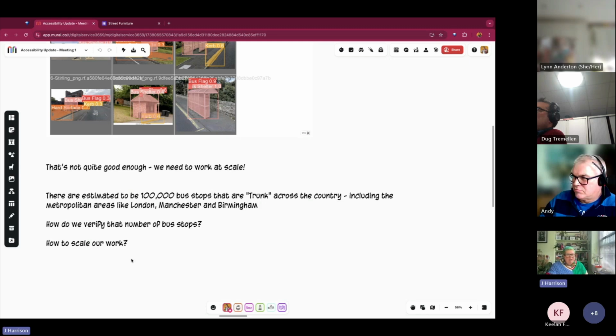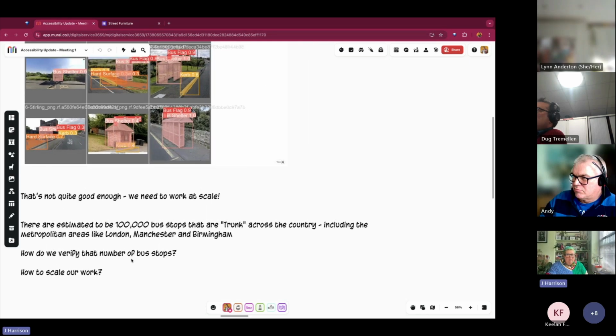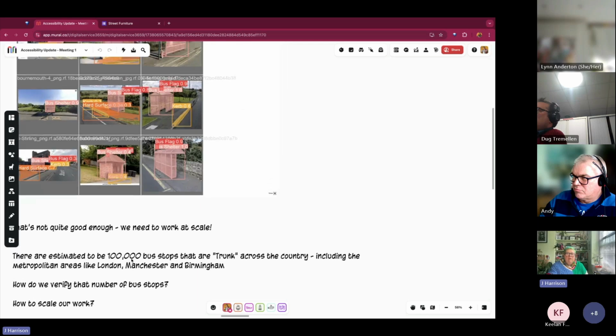Brilliant, because as far as I can see, there's no other way. What that also means by having the two is that if one is only 50% at recognizing curbs, and the other one's 50% at recognizing curbs, we've got a good chance of spotting the good curbs, and we're only going to have to have humans look at a small number where they don't agree, because one of the things that we're finding,